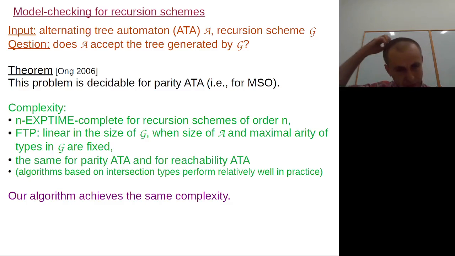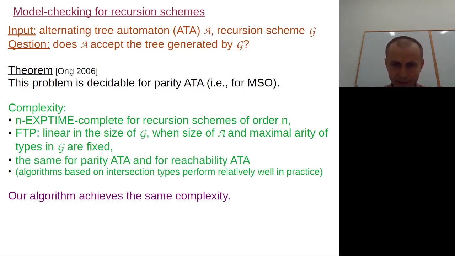Okay, what is the complexity of this problem? It is n-fold exponential time. It's complete for this class, for recursion schemes of order n. We usually assume that the order of considered recursion schemes is fixed. It's at most n, and then the problem is n-fold exponential time, so quite high. But it's not so bad. It is linear in the size of the grammar,